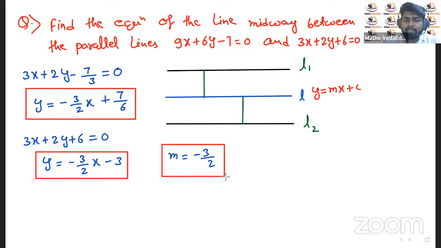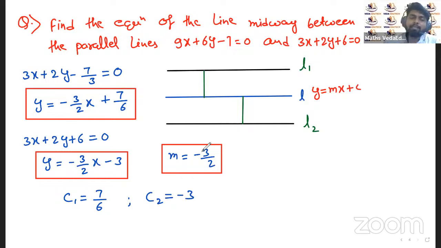And from the first equation, we'll get C1. The C1 value is nothing but plus 7 by 6. C2 is nothing but minus 3. Now we can apply the distance formula. The distance between L1 and L is exactly equal to the distance between L2 and L. To apply this, distance between